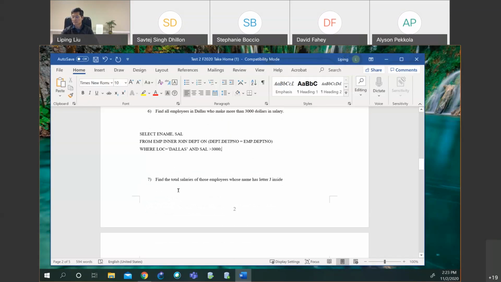Okay. Next, find the total salary of those employees who have letter J inside their name. So when you say total salary, then you are doing groups. You are doing statistics. Here we are not doing any factor analysis. We're not saying group all the employees. So we basically just select employees only, right? So we'll do